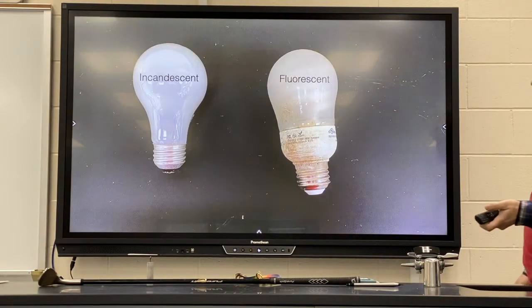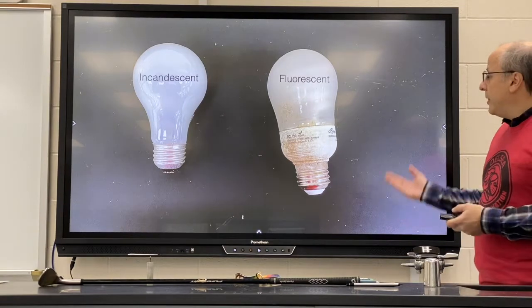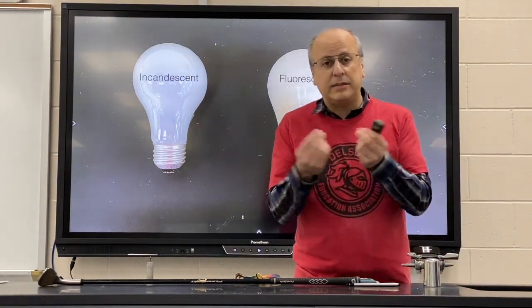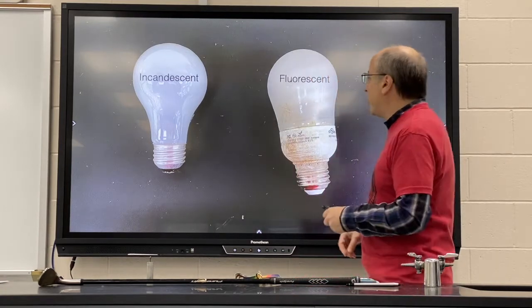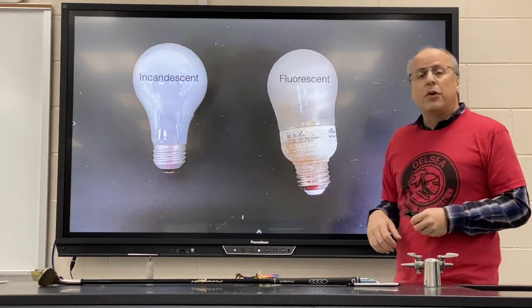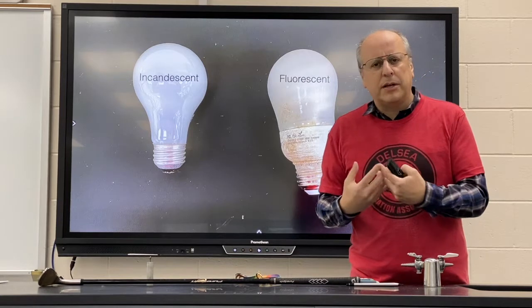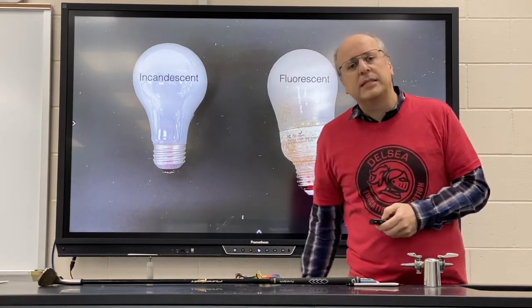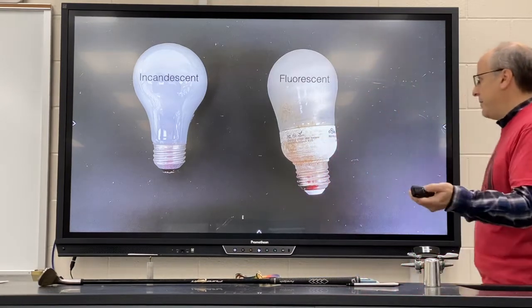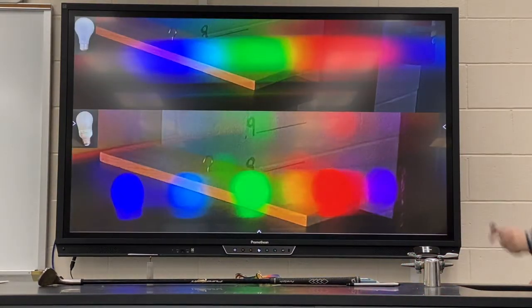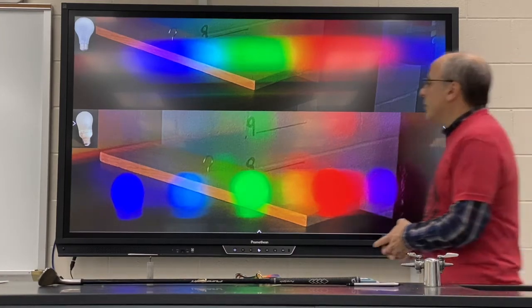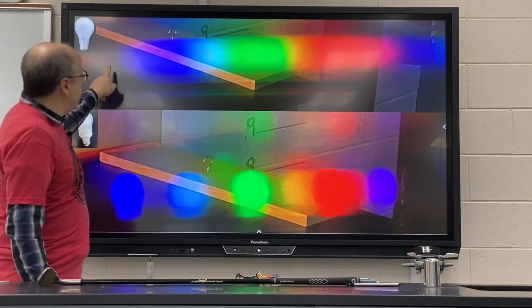We can produce this in the laboratory real easily by looking at an old Edison bulb, incandescent. That's the kind that has the hot wire inside of it that we saw earlier, versus a fluorescent, in which we are somehow using electricity to produce light without the intermediate step of heat and temperature. And when I use my diffraction grating on each of these light bulbs, you'll see the incandescent bulb produces a